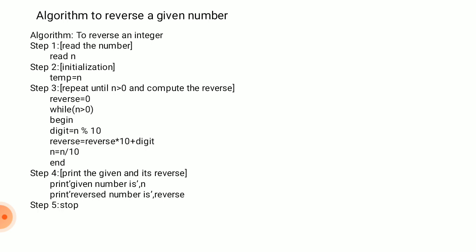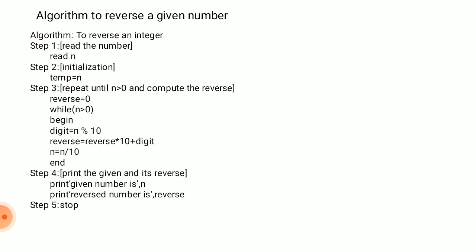So now we will see another example of an algorithm, that is to reverse a given number. To reverse a given number means whatever number you read, if you reverse that number, then the output you get is the reverse number. For example, 123. So 123 is one number. In 123 how many digits are there? 3 digits, 1, 2 and 3. If there is 1984, 1984 is one whole number. In that number how many digits are there? 4 digits, 1984. These are the number of digits.